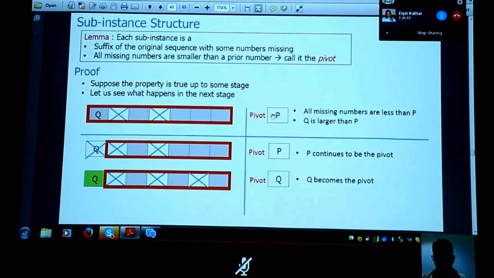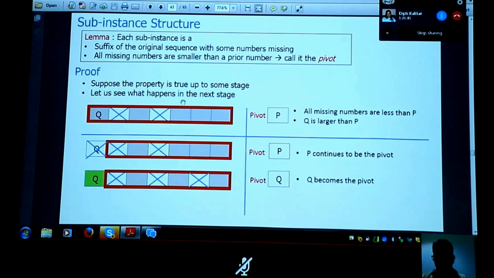These two are already being killed by p. I decided to pick q, and this q killed one extra person, this person, but I know that all these are now lesser than q. I kill only persons who are less than q, because q itself is greater than p. p has already killed these two. q is bigger than p, so he's still bigger than these missing numbers. He is killing one more extra person, he is also bigger than that, so he can serve as my pivot.